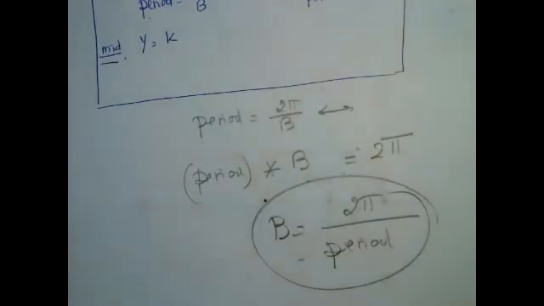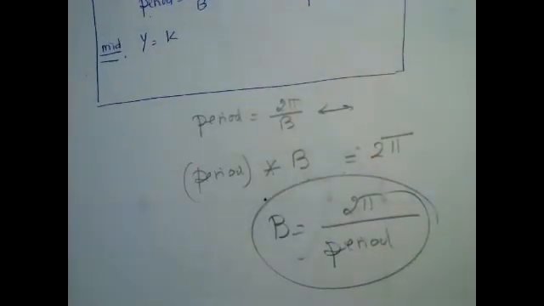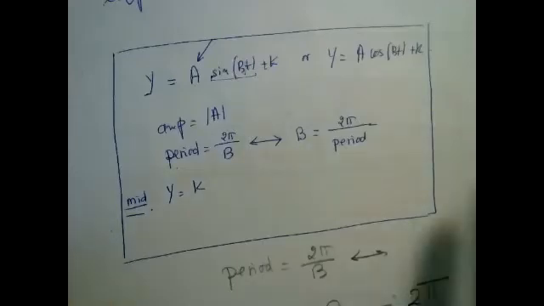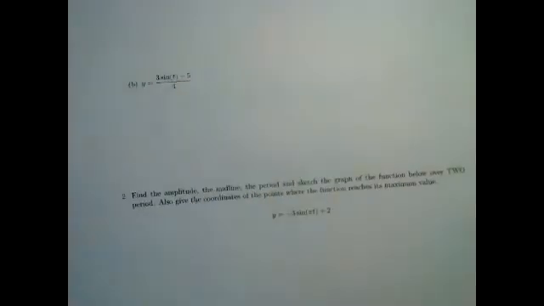So this will make it a little bit easier for you to find the B if you have the period. So this is the general formula. And with this formula, we're gonna go over your quizzes very slowly. And I will point out every mistake you've done, so none of the mistakes will be repeated. Okay, so the first question was,